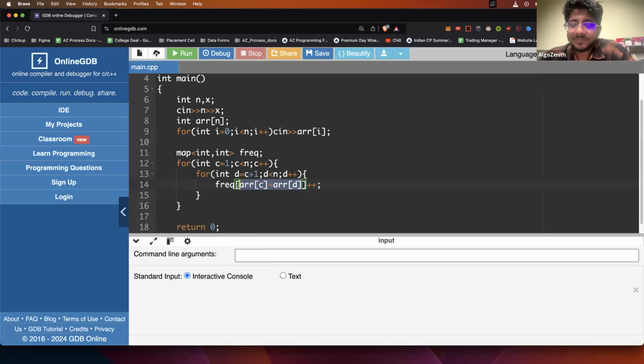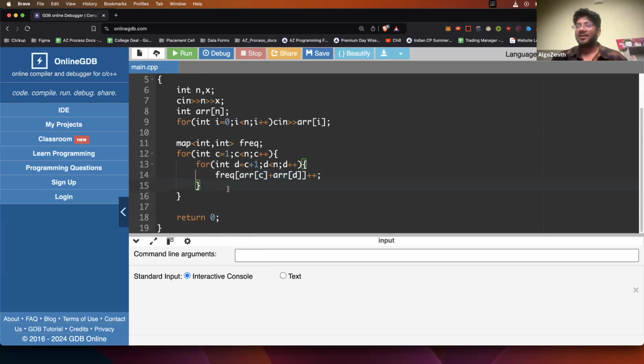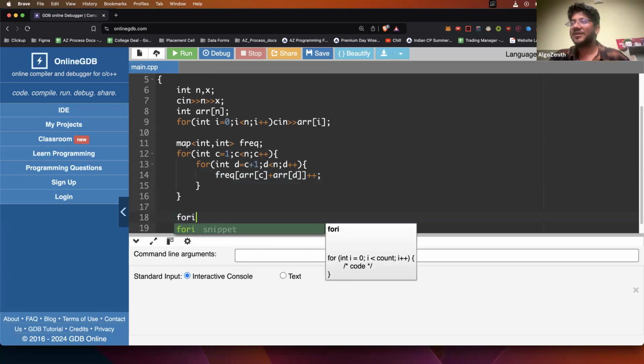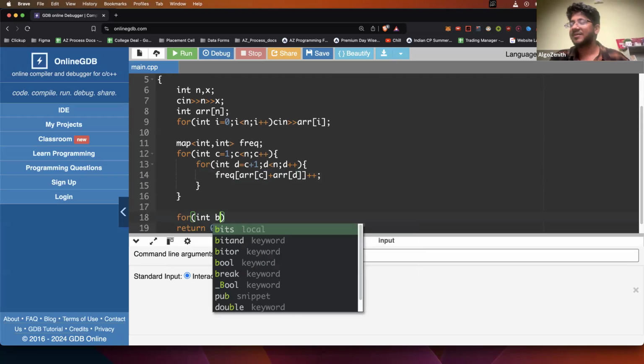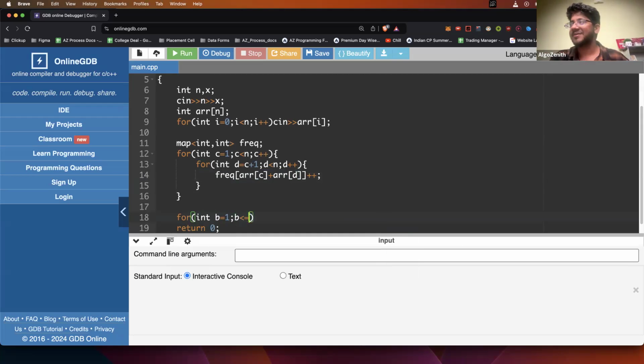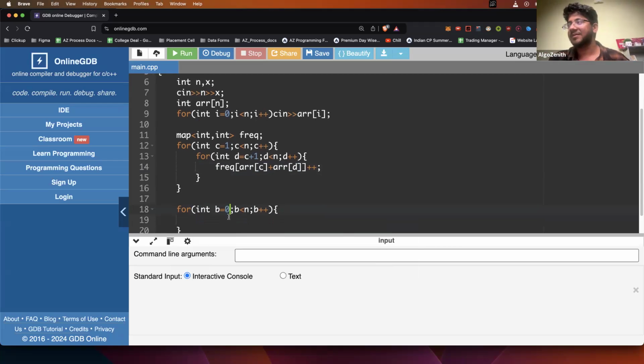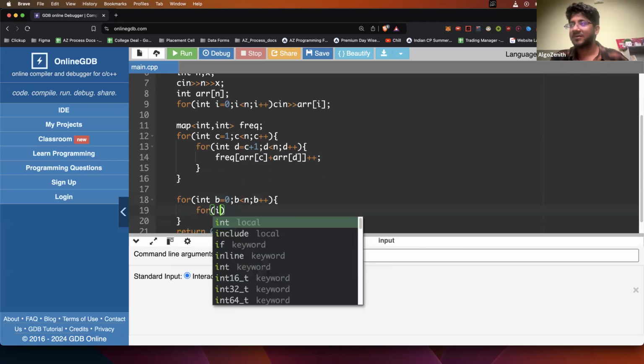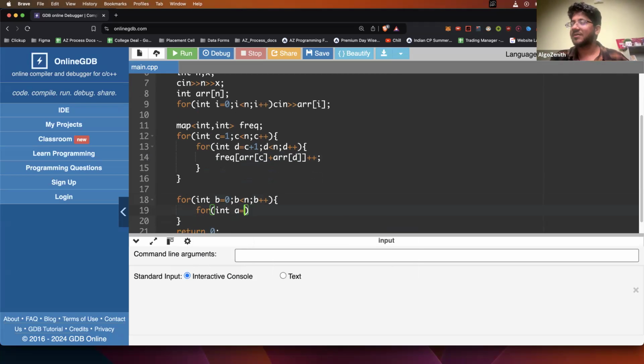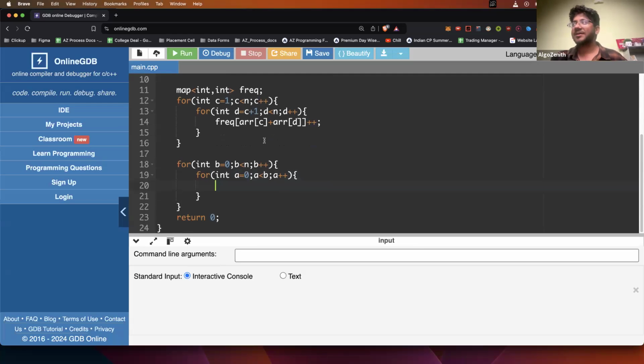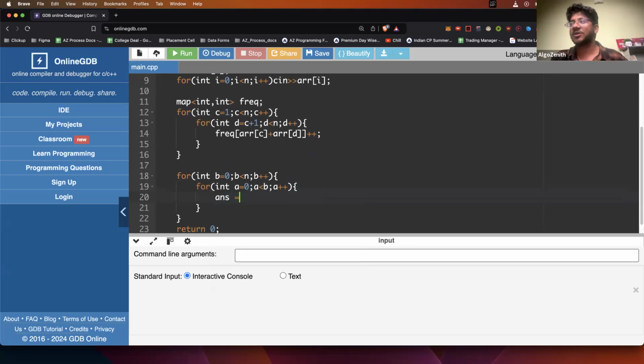Clear everyone? अब दूसरा तरफ क्या करेंगे? B से B वाले पे लूप चलाएंगे. A should be less than B. Okay? And अगर हमें टारगेट सम ये चाहिए तो आंसर प्लस इक्वल्स टू,